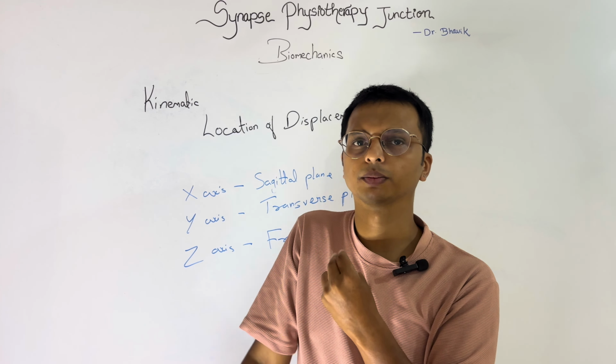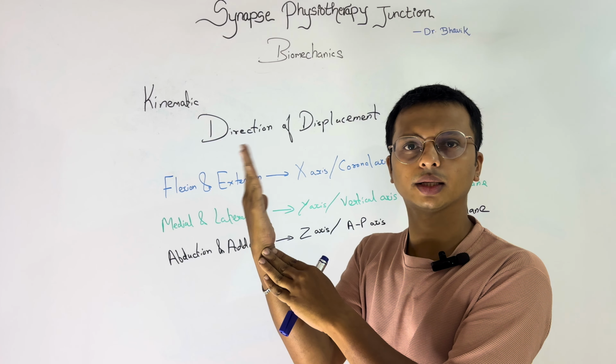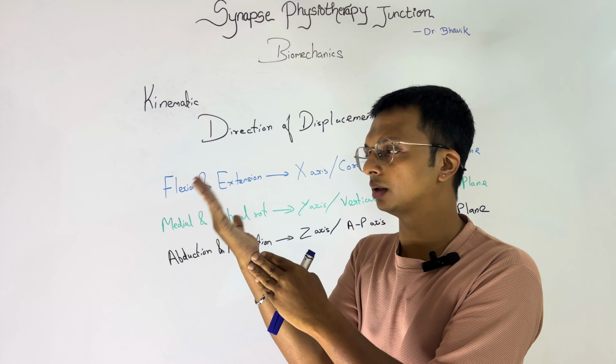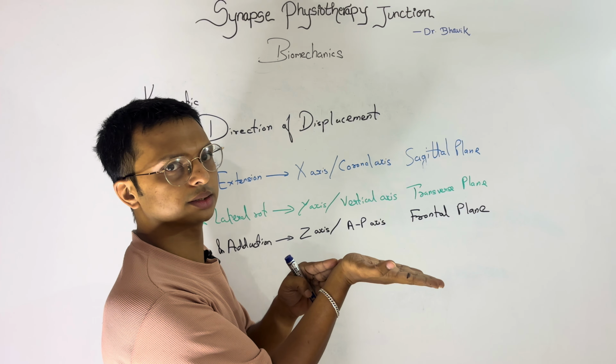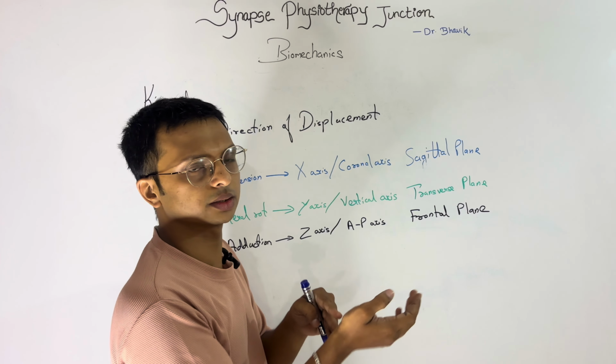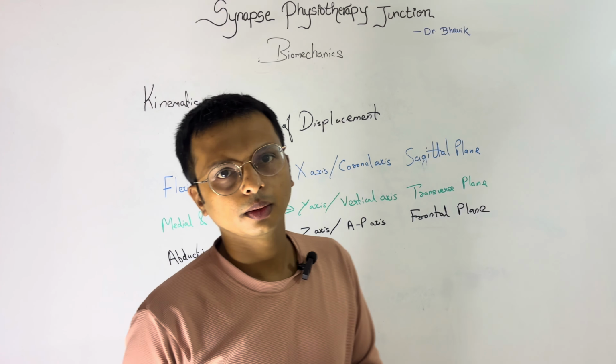Now the next variable is direction of displacement. Suppose you are watching wrist flexion from this side. You might say that movement is occurring in flexion in clockwise direction, but if you are watching from this side, you might see that it is occurring counterclockwise. Both of the perspectives are true, but in anatomical term, there is no clockwise or anti-clockwise.